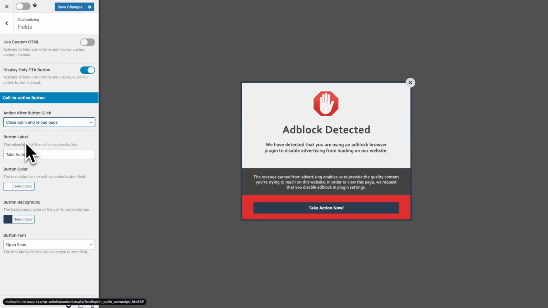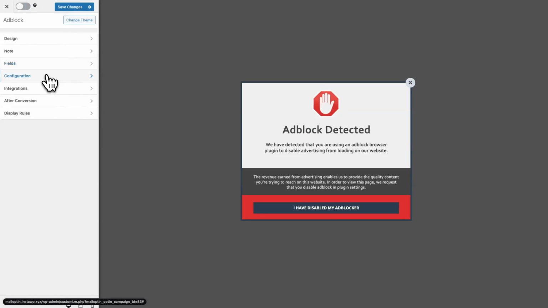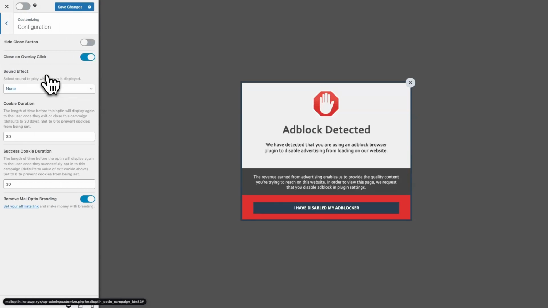Next, we're going to change our button label. Right now it says take action now. We're going to go ahead and change this to something else. I'm going to type I have disabled my ad blocker. And of course, if you want, you can continue customizing your button, but I think this is good for our demonstration. So I'll go back and I'll move on to configuration, and here we have some more customization options,